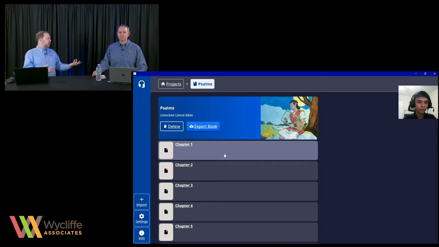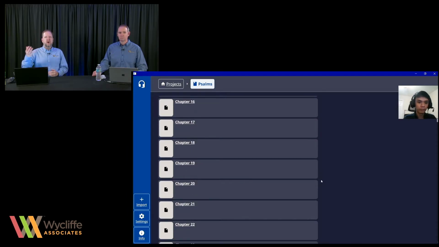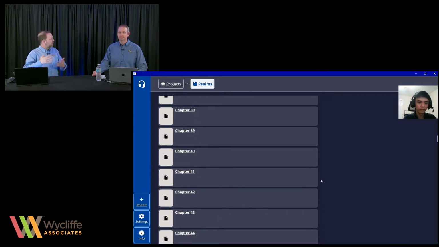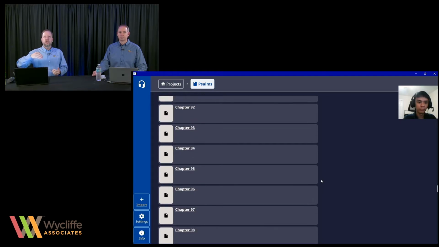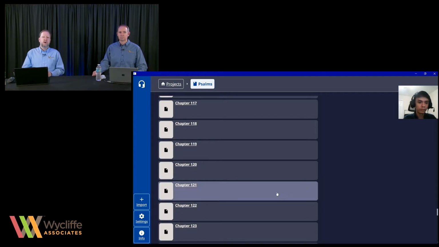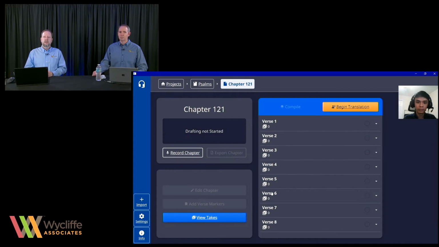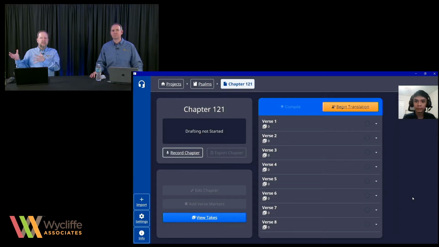And we know Psalms as Psalm 1, Psalm 2, but the software thinks of it as chapters, right? So that's kind of an easy translation here. So he's going to go to Psalm, I think, 121. Oh man, I'm so glad he's not going to do the entire book while we're online today. It'd be a long show. So if you pause here for just a moment, he has the option here of a couple different tracks, and we're going to ask him to record Psalm 121 verse by verse today.